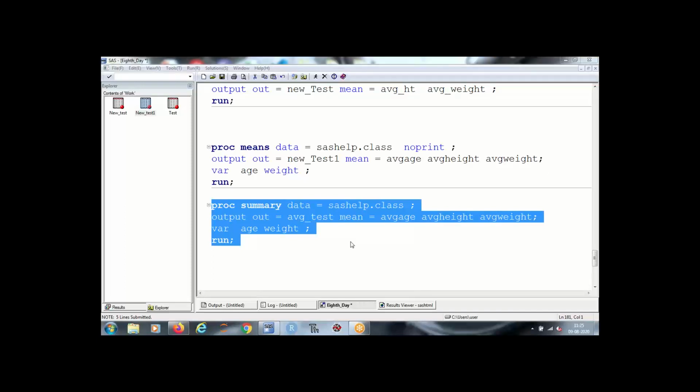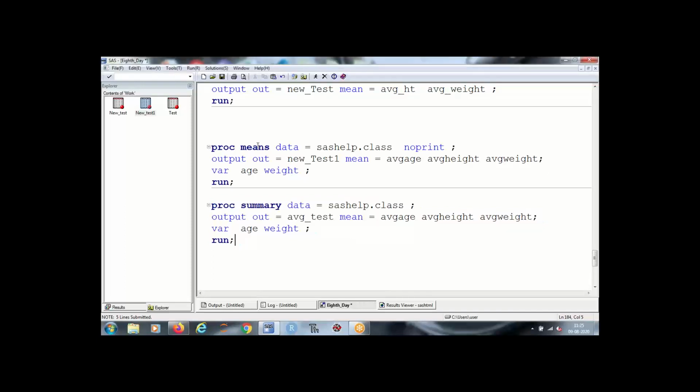So the difference between these two programs is that in place of means we are using summary and we are not writing the noprint option.